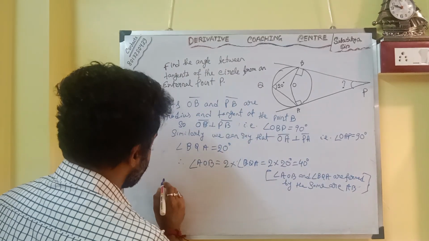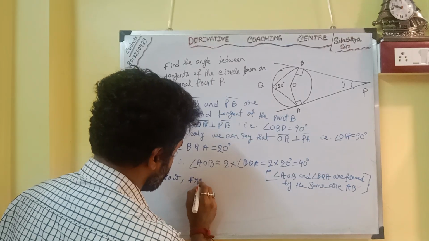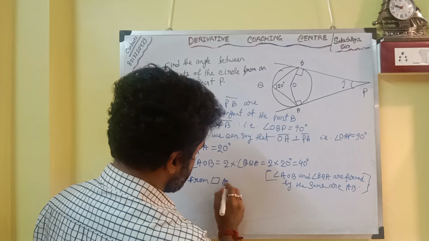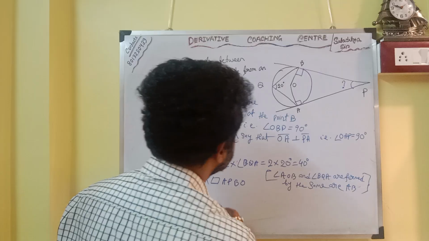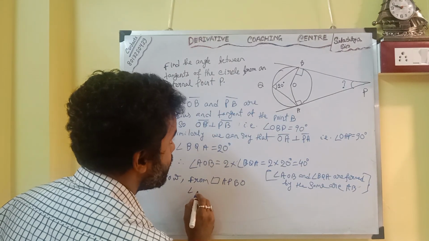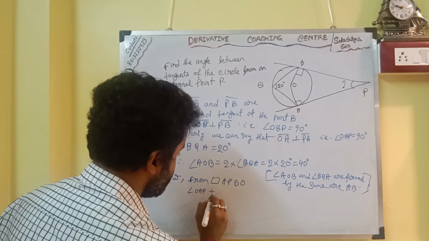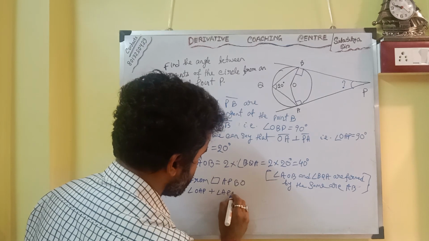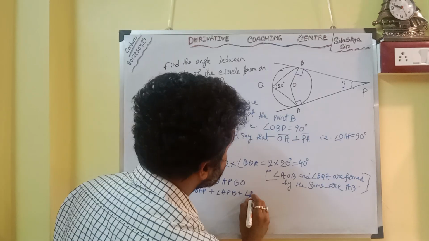So we can say that now from quadrilateral APBO, angle OAP plus angle APB plus angle PBO